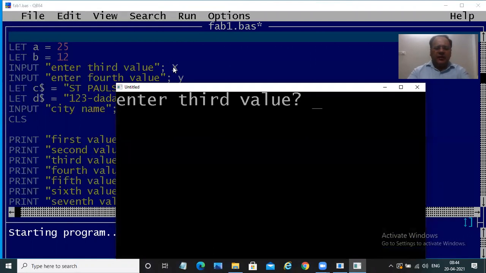You can try it at your homes also. Try typing an alphabet and it will not accept. So please don't get worried and think that your program is not running. The alphabetic value cannot be stored without having a $ sign behind the variable.